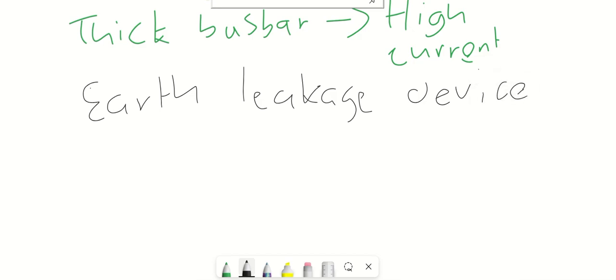Okay, an earth leakage device protects people from electric shock. It detects leakage current to earth. It disconnects the supply quickly when faults occur. Okay, those are the three functions.